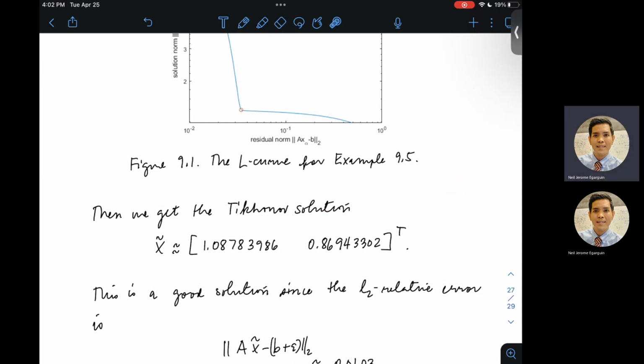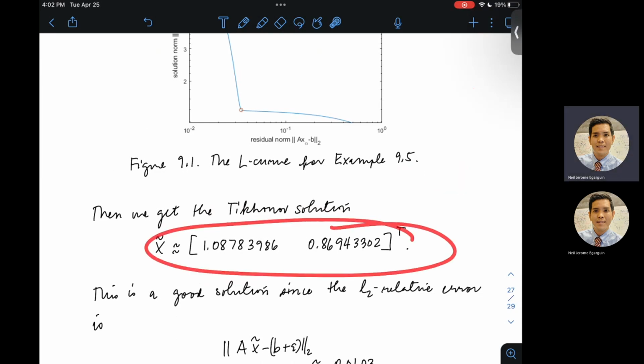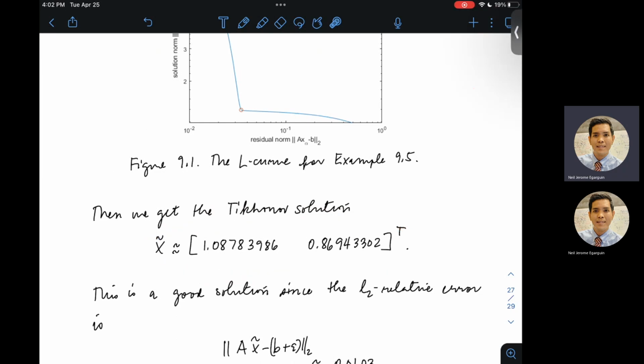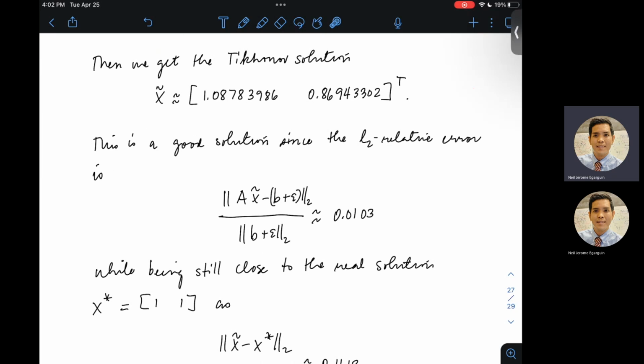Now with the Tikhonov solution, this is what we obtain: 1.08, 0.87, which is much closer than what we got using only the least squares solution, right? Now you do some quantitative test to see if this is good or bad. So this is a good solution because it models the noisy data well. It models the noisy data with an error of just about